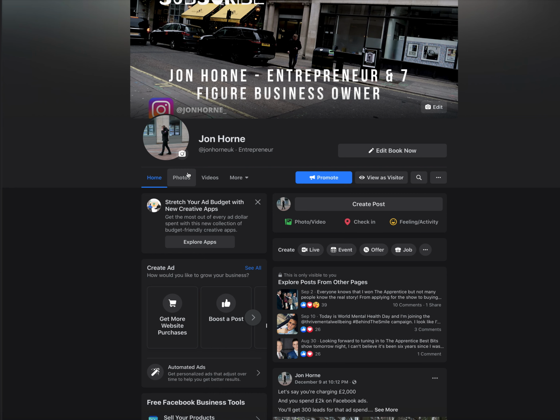Important details. This is the create post button for the people that really are at the bottom of the basics. There's a hell of a lot of features you can use on here. You can tag products. Just go into this. You can raise money, watch parties, question and answer sessions. Feeling, you can say feeling great, if you're releasing a new product, or we say to a lot of people, especially in the new year,